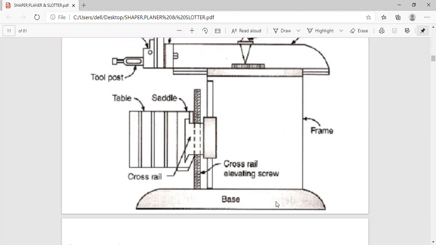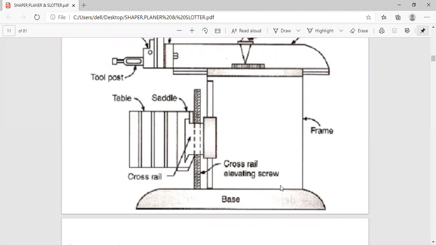This base of the machine is bolted to the floor by means of leveling screws, so you have to have leveling screws and knee supports, after clamping to the floor of the machine shop, or in case of a bench shaper, depending upon the size of the machine.